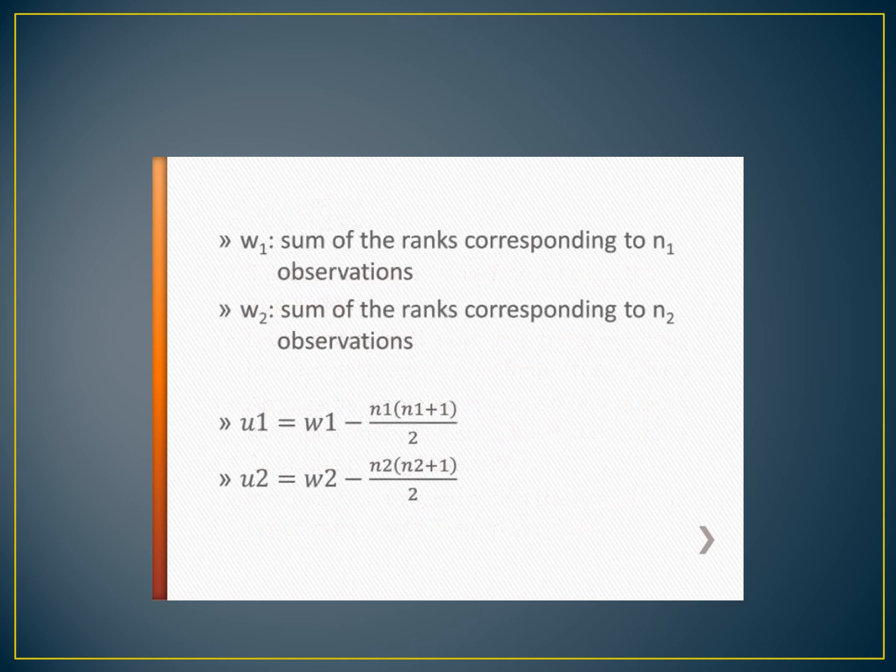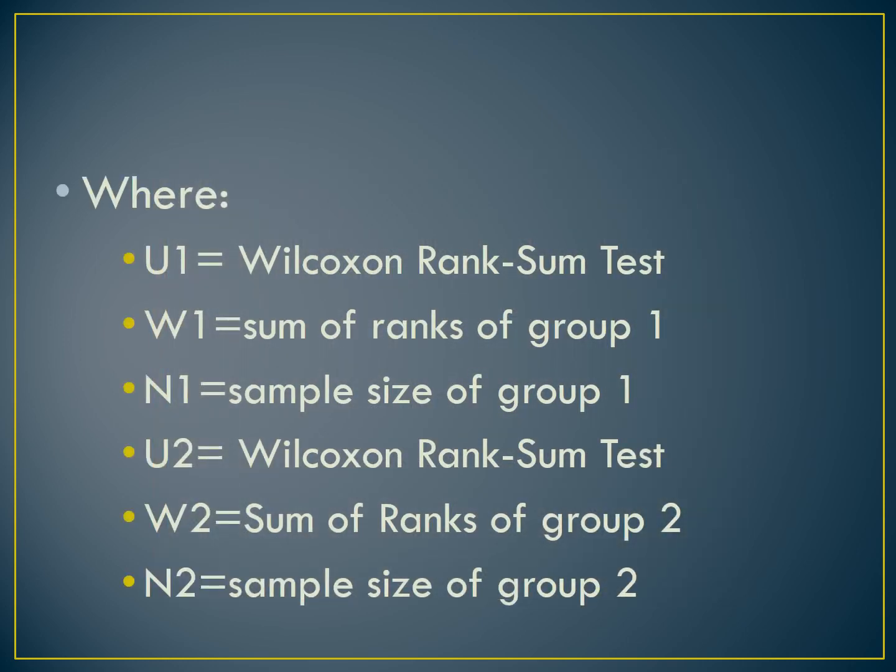W1, sum of the ranks corresponding to n sub 1 observations. W2, sum of the ranks corresponding to n sub 2 observations. Formula: U sub 1 is equal to W1 minus n sub 1 times n sub 1 plus 1 divided by 2. U sub 2 is equal to W2 minus n sub 2 times n sub 2 plus 1 divided by 2, where